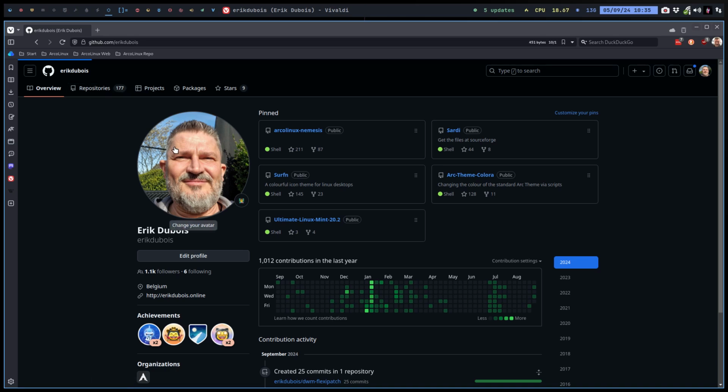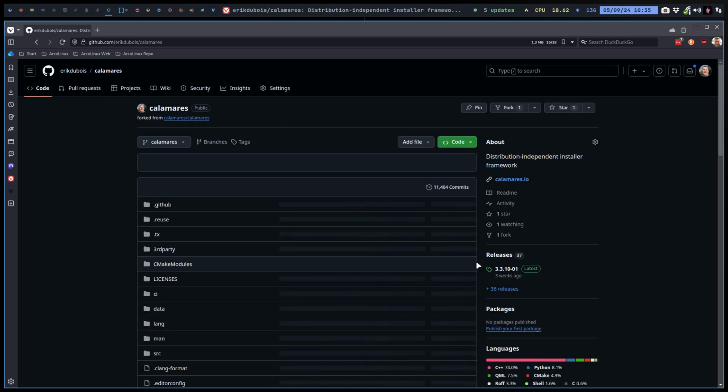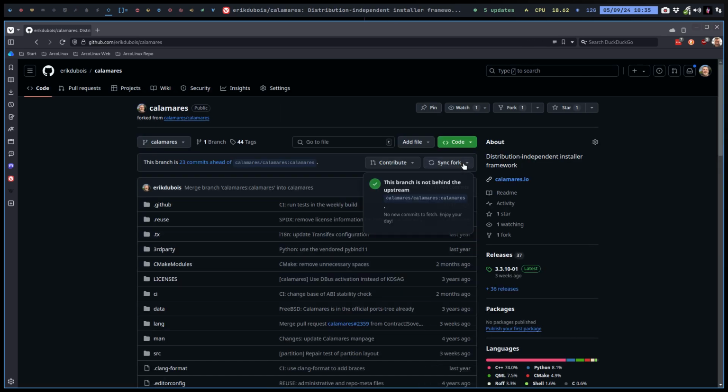I forked it from github.com Calamares. This one, that's the official one. I have myself one, right? And from time to time, I'll sync it. Sync fork. This branch is not behind upstream, which is good, which means it's okay that we're not behind the official Calamares